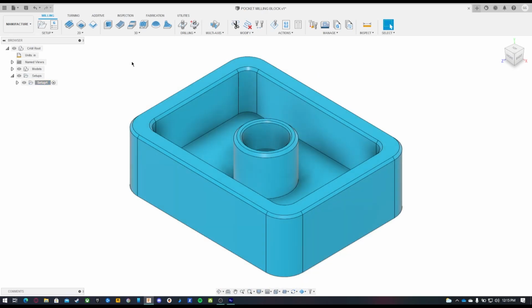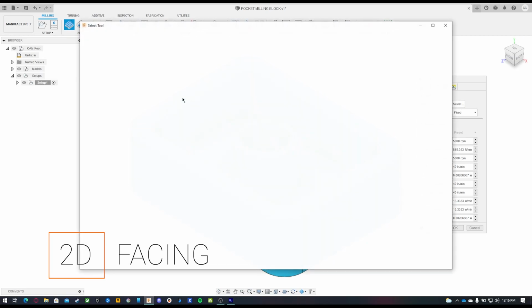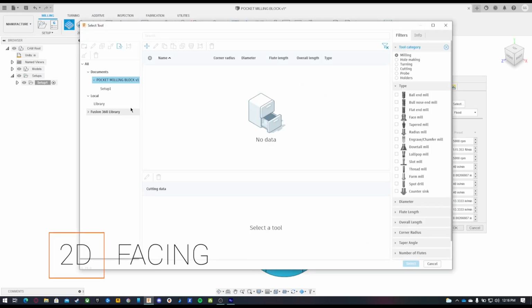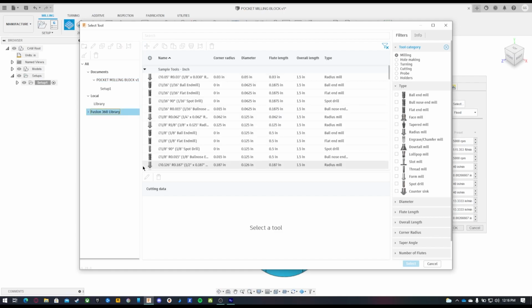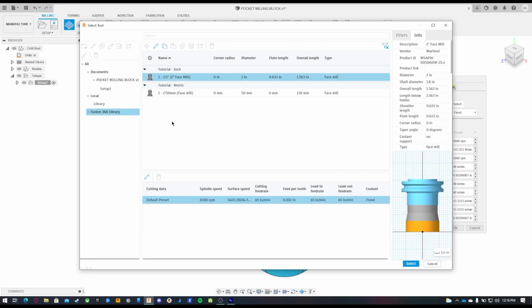The first operation is generally facing. So up here, we can click on the drop down if we're not sure what these are. If you hover over the buttons, it tells you whether we're facing, a 2D adaptive clearing or 2D contour. Now I want to face. I'm going to go into my tool, and if you don't have any tools set up, click on the Fusion 360 library. We can click on our face mill up here, and I'm just going to use this default 2-inch